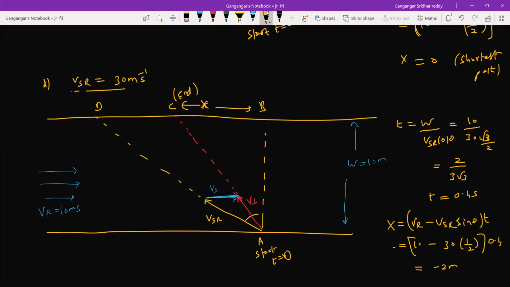Getting the idea now? So tell me, which is the best, rowing the boat up the stream or down the stream? Suppose you are a boatman. Which one should you prefer? You should always prefer down the stream, by varying the VSR value. How to vary the VSR value? With the speed of the engine. I can control the speed of the engine, like how we have an accelerator on a bike. There also I can control the speed of the boat with respect to the river.